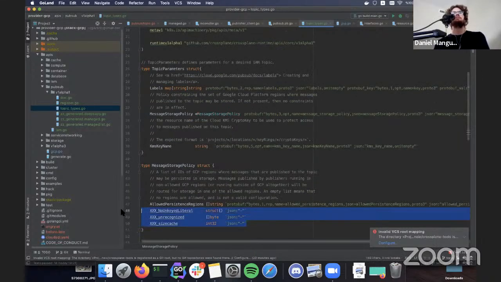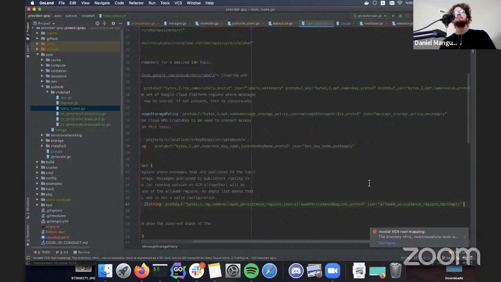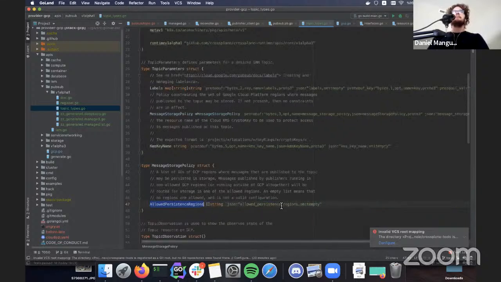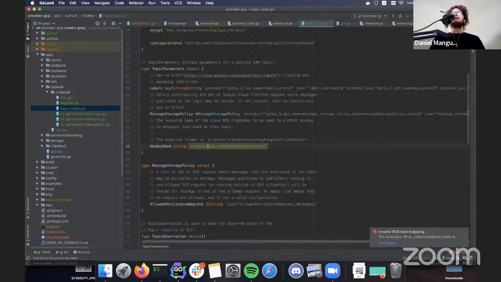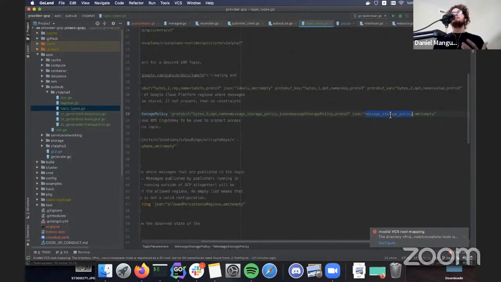Yeah, and this turns out to be a pretty simple type here that we're going to be implementing. It looks like we just have one nested field. In some cases, there's going to be lots of nested fields. And we want to reflect all of that nesting in our CRD, even if you think that the cloud provider is doing excessive nesting, or you think you could flatten it out and make a little more sense. We want to reflect that directly, mostly because we want you to have the option for the same experience in Crossplane that you get in the cloud provider.